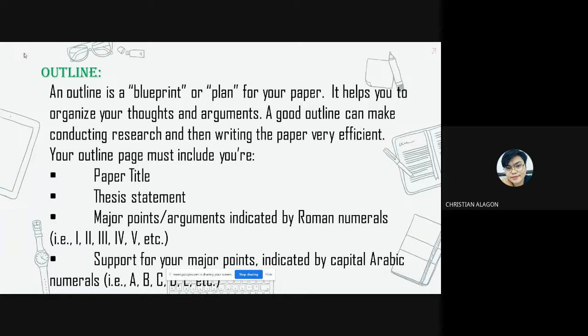We have topic outline and sentence outline. So your outline page must include your paper title, thesis statement, major points, arguments indicated by Roman numerals. Support your major points indicated by capital Arabic numerals. So let's dive into our first outline, which is the